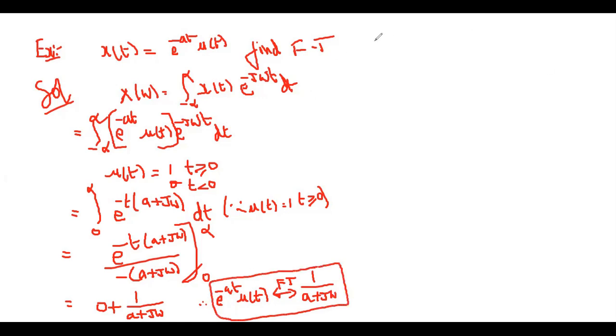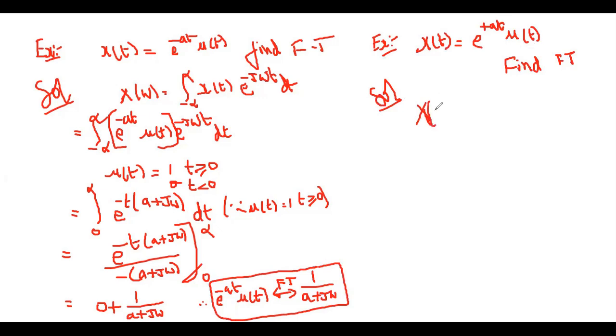Got it, madam? Similarly, you can take the exponentially rising function, x of t is equal to e power plus at mu of t. Find the Fourier transformation. Here also I substitute directly: X of omega is equal to the integral from minus infinity to infinity, which I write as 0 to infinity by substituting mu of t is equal to 1, with e power at and e power minus j omega t dt. That is equal to the integral from 0 to infinity of e power,